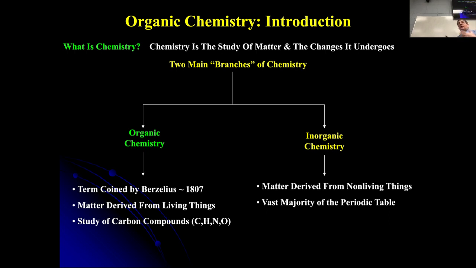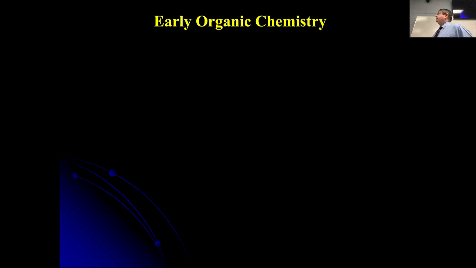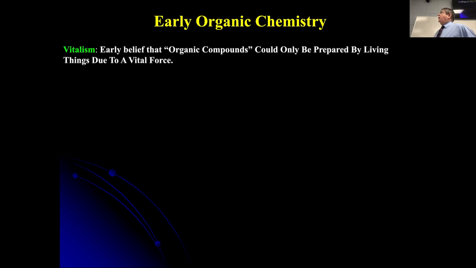You've got to have zinc and magnesium and all those kind of cofactors. We know that, right? But the vast majority of what goes on in a biological system is organic in nature. And so this is a very special place. In my heart, some people like to study this stuff, but I'm like, why do you want to study rocks? Some people do. Okay? So let's talk a little bit about early organic chemistry.